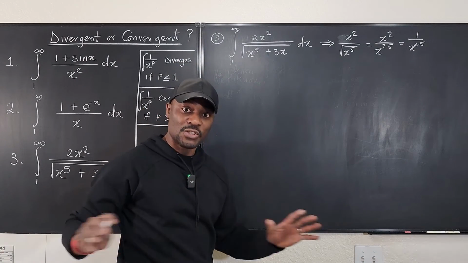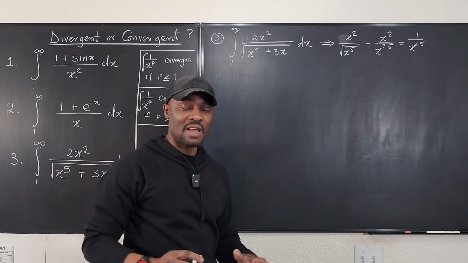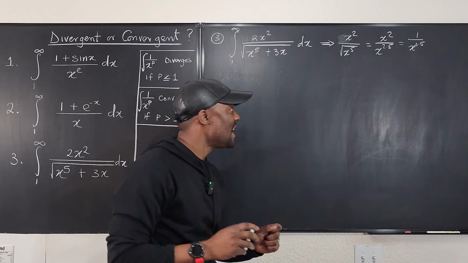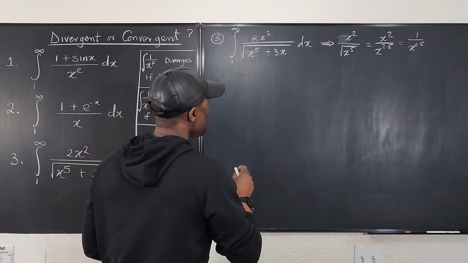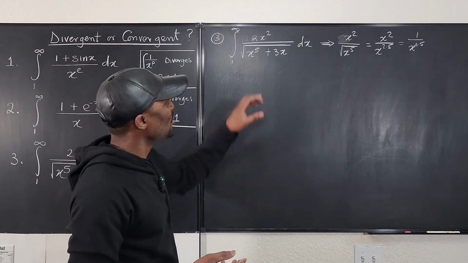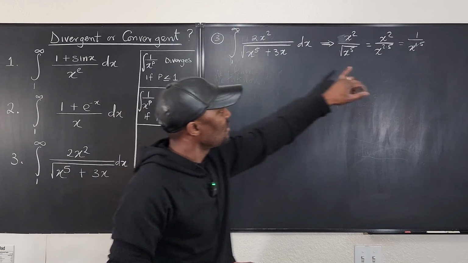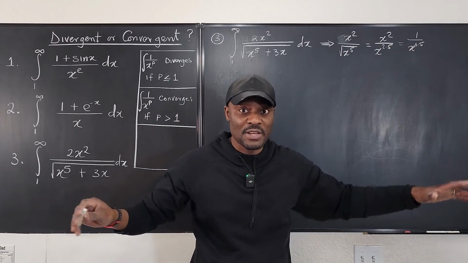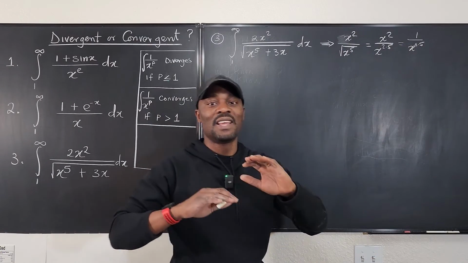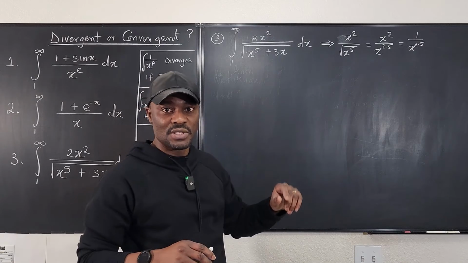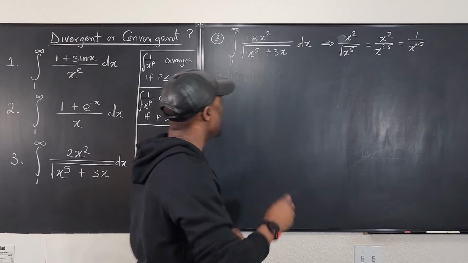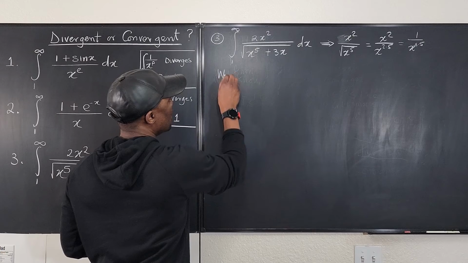That's all you need to show, that it is divergent. So go back and say that, what do I need to show? I just need to show that this function is greater than this. Once you can show that this is greater than this for all values of x from 1 to infinity, then this has to be divergent, because that's the only thing we can do with this divergence. So we're going to say we know